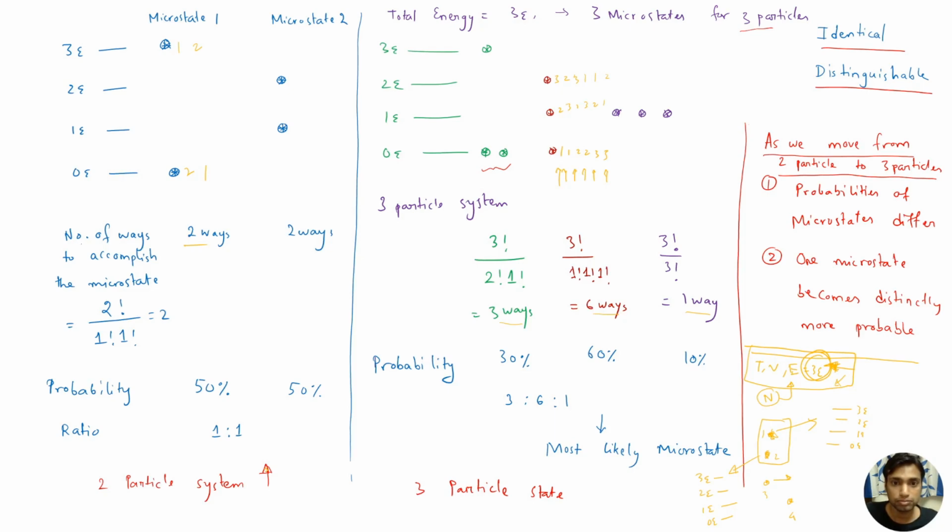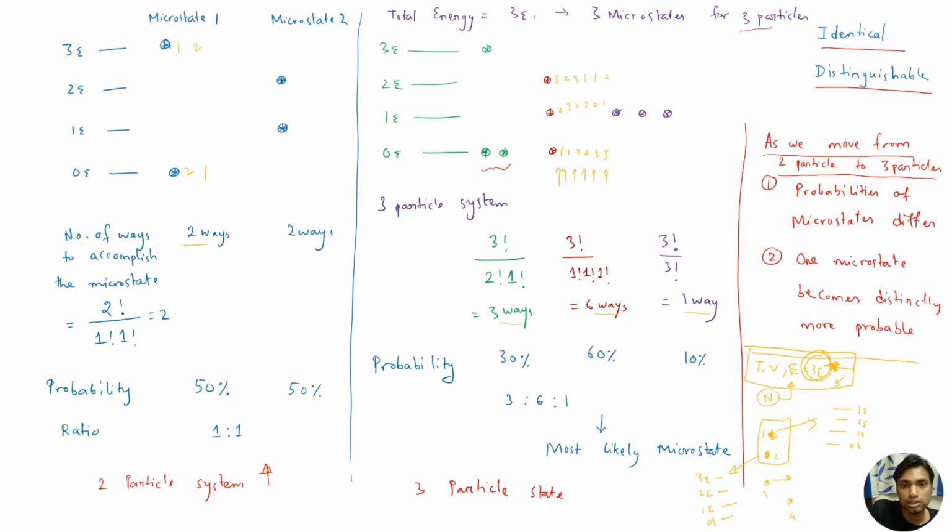Now in the right-hand column, what we are looking at is, if I give you one more particle, the system is fixed, the temperature, volume, and energy are fixed, and you have to build that system out of three particles. So when you have three particles, in how many ways can you create that macrostate? It turns out that you can create that using these three microstates: the one shown in green, the one shown in maroon, and the one in violet.